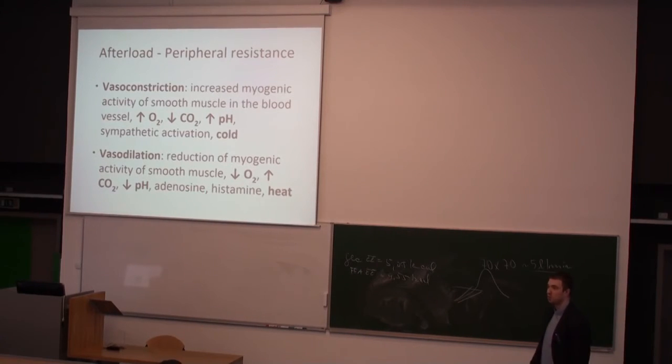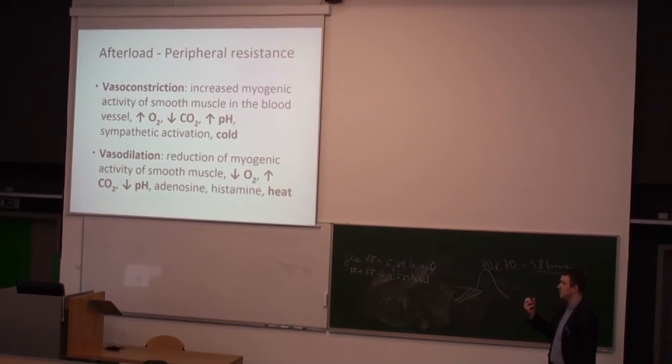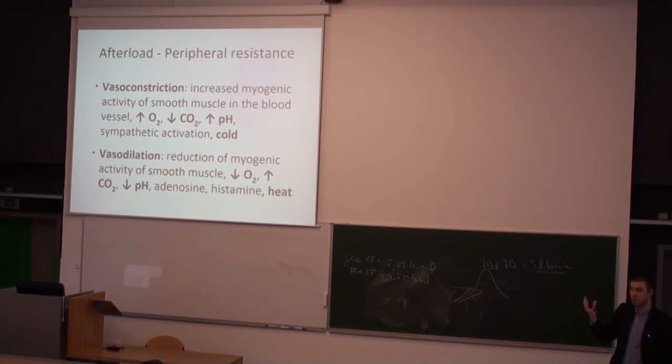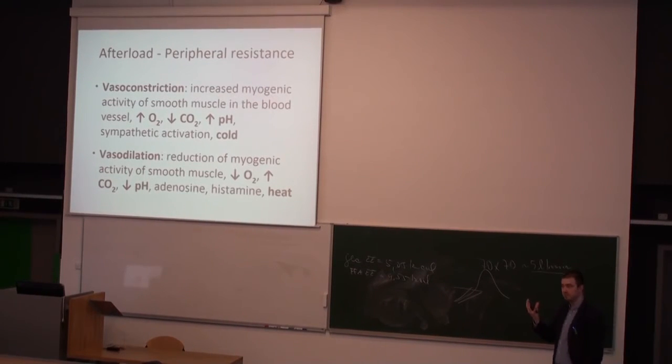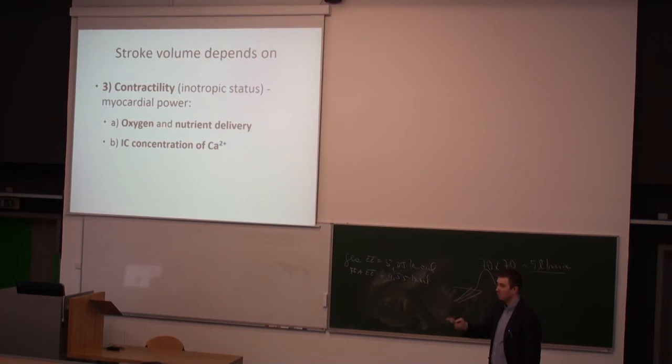Adenosine, how do you produce it? So it's last in the row. ATP, ADP, AMP, adenosine. So adenosine means the tissue is lacking energy. And for example, in your heart, when you have the accumulation of adenosine, it will lead to the vasodilation of the respective area. Question to this?